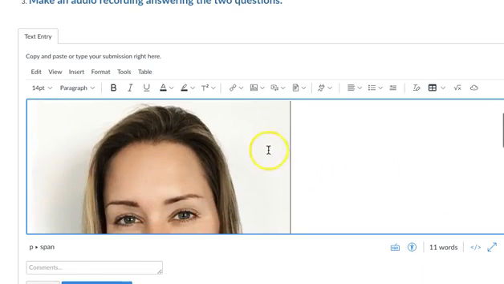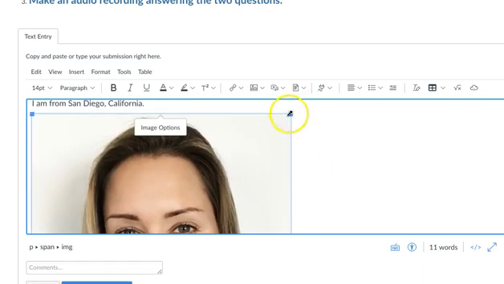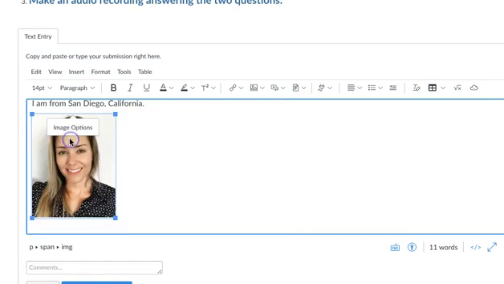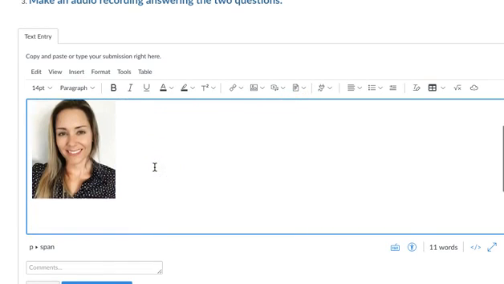Once the image appears, you can click on it and make it smaller. And you just drag the corners to make it bigger or smaller. You can see the arrow. Once the arrow appears, you are making it a different size.